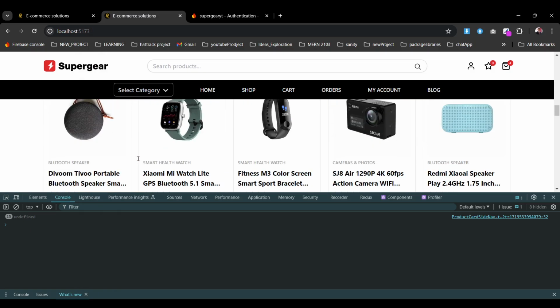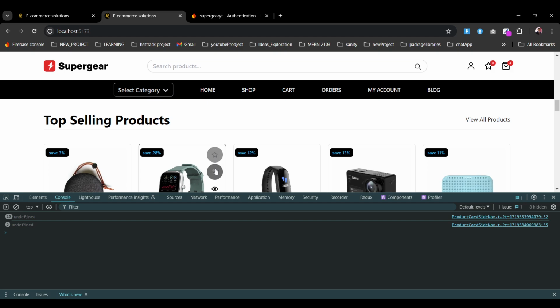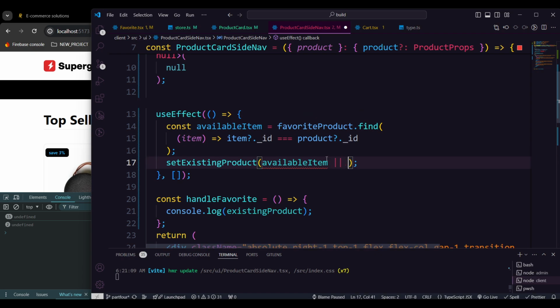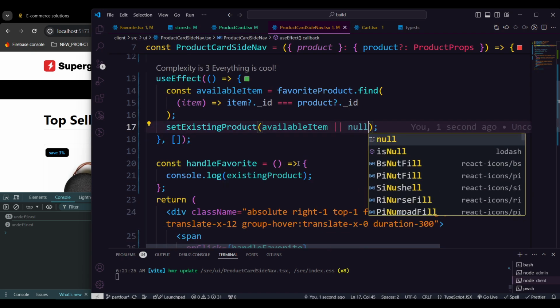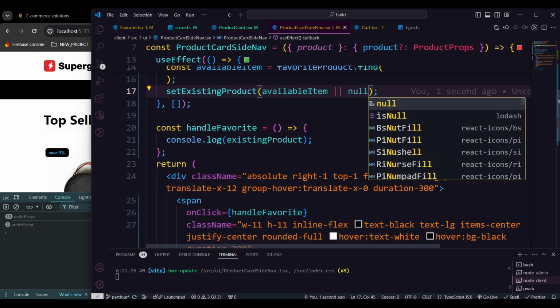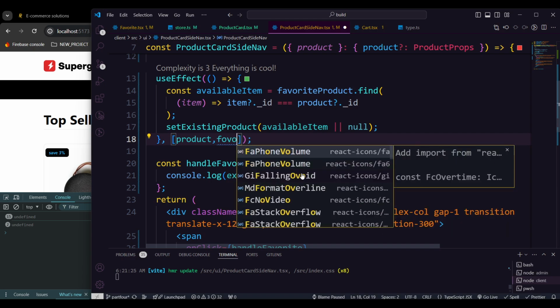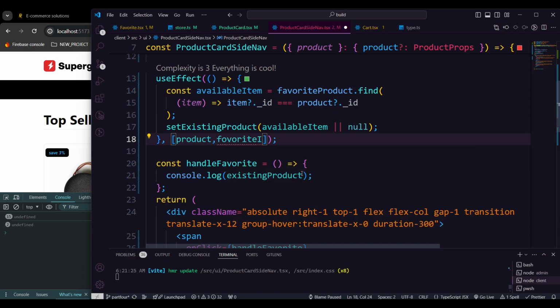Of course it should be undefined. And if we click it, undefined means it cannot find whether the product is available or not, but we will define that it can be available or also it can be null, just to get past the error. So now how can we add the product? This favorite data is also going to be affected whenever we change our product data, as it will toggle in every single instance for a particular product. And also whenever we change our favorite item,